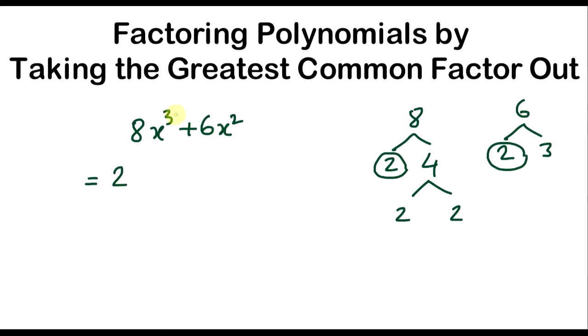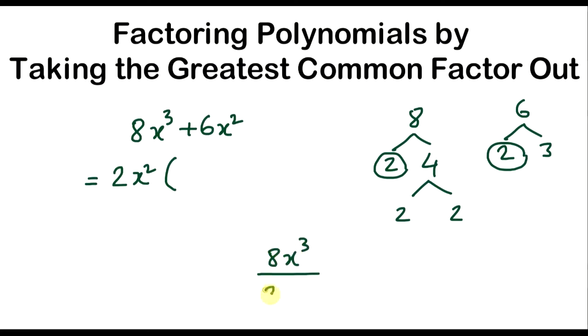Now we have x here and here both, but the powers are different. Look at the powers of x. We will take the smallest power of x. Here the smallest power is 2. So we will take x squared. Now the same way we will do here. We will divide this term by 2x squared. So 8x cubed